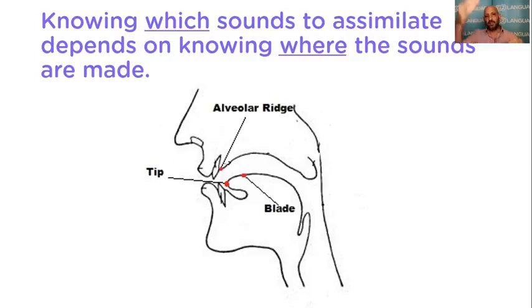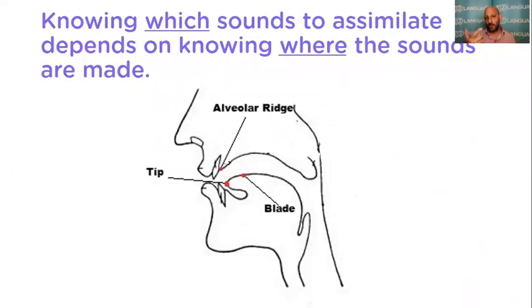Now, this is a cross-section of somebody's head. I don't know if you've caught the exhibition that goes around the world of some guy who slices bodies into little pieces. It's all okay. It's not illegal. But it's quite interesting to see, and you can actually see cross-sections of people. This is a cross-section of somebody's head for you to be able to see where the sounds are coming from in the mouth.